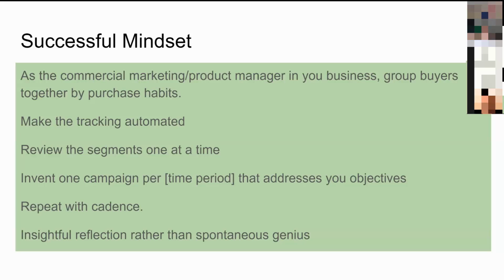So the objectives are I want people to buy more often. I want them to buy more frequently. And I want them to spend more when they buy. So if they're my objectives, what are the campaigns based on my analysis of the cohorts that I could do? Put something in place and then you repeat it. Maybe every 3 months, 6 months, spend a bit of time reviewing the purchase data of your customer base, and see if it tells you anything that you can quite easily do something about as a one-off promotion.